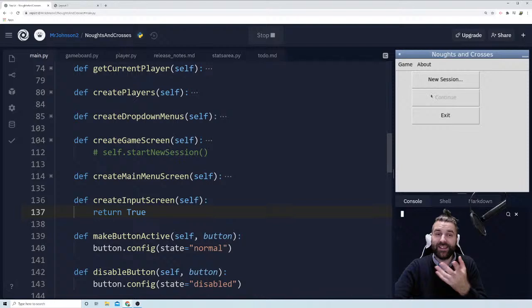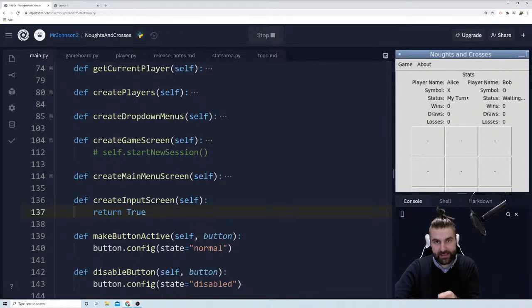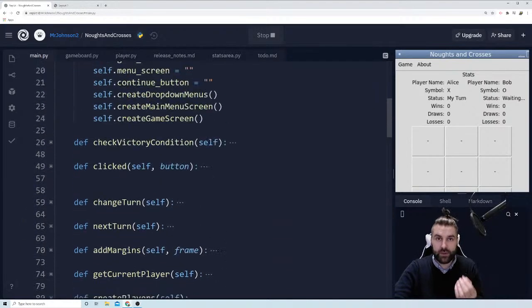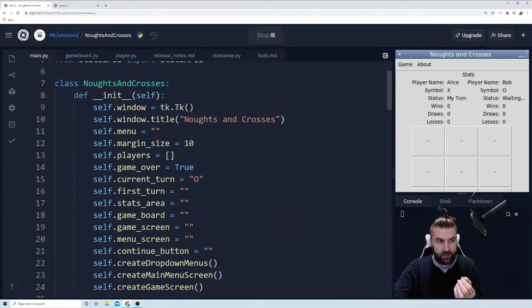Great, fantastic. So you remember that we got this main menu in, right? And we can create a new session. Now, when I press new session, it's taking me straight to this game, but I want it to take me to an intermediate page where I can put in the players' names and decide whether I want an AI or not. So what we're going to want is a box, an entry field for the two different player names, and we're going to want to store them as well in our noughts and crosses